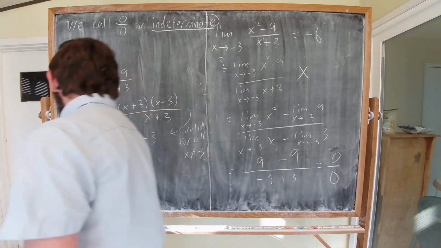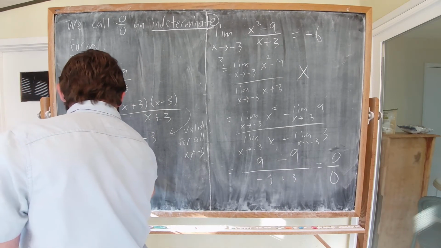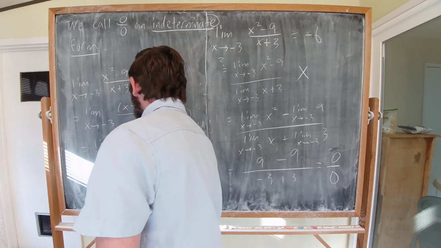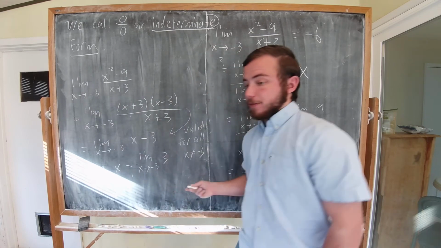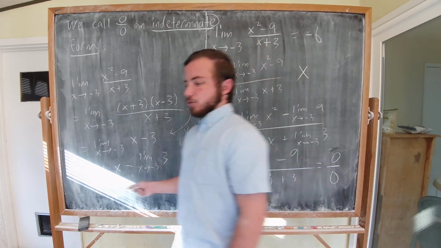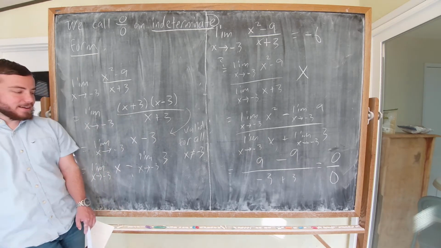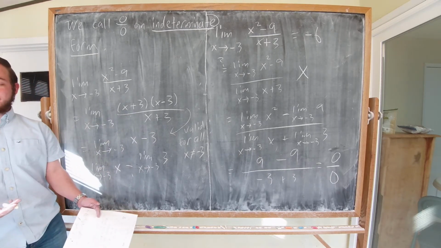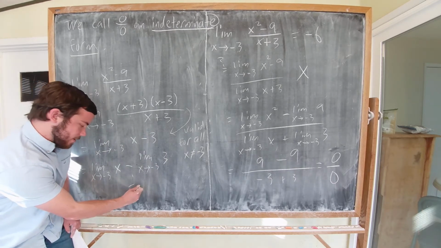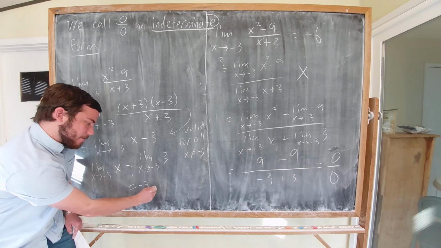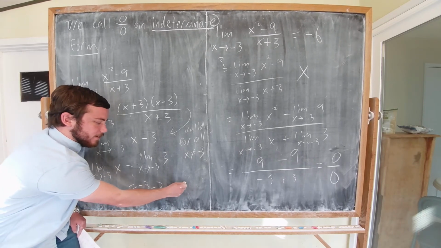And now we can evaluate this using our standard limit laws. This is the limit as x goes to -3 of x minus the limit as x goes to -3 of 3. And that glare is real bad, isn't it? I'm kind of blocking it, hopefully. This is equal to -3 minus 3, which is